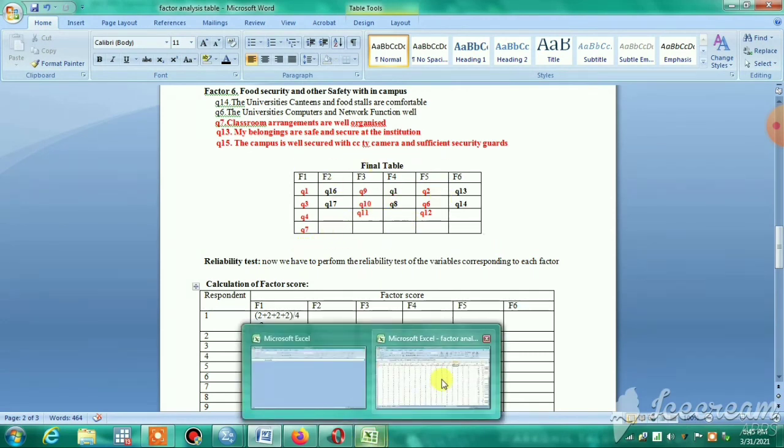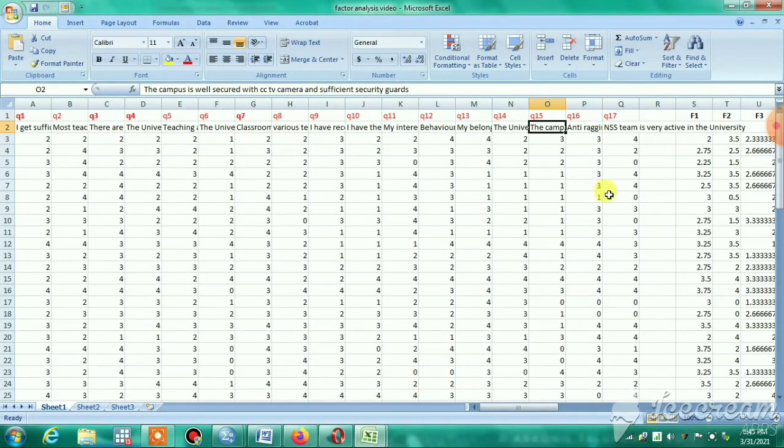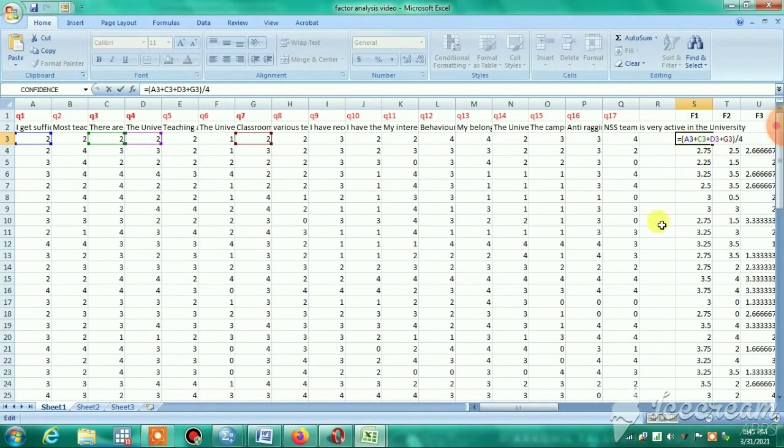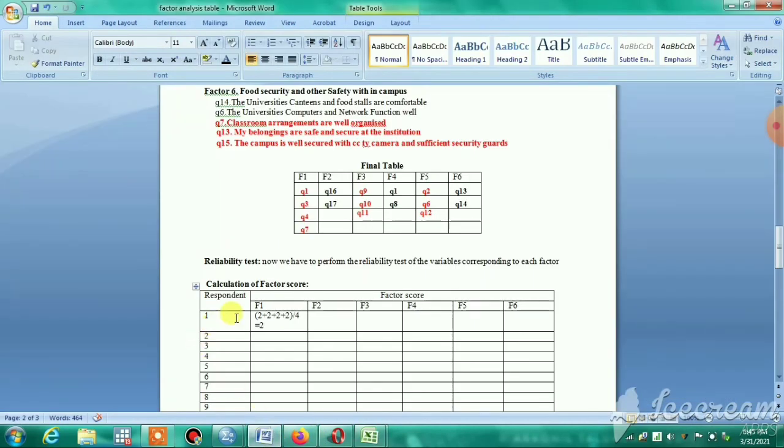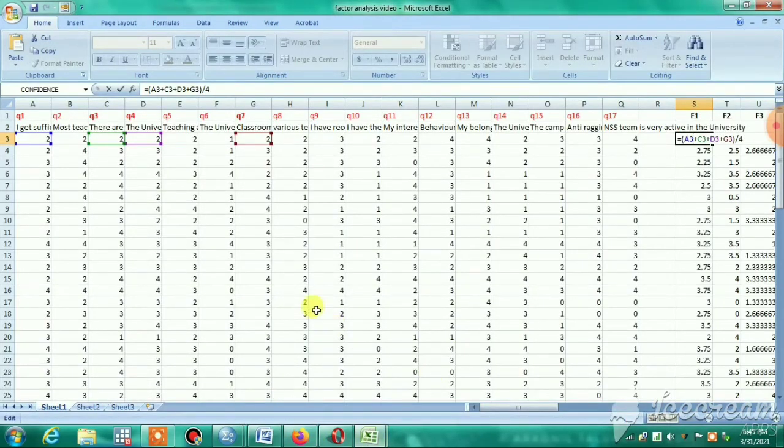Go to our Excel file. Suppose these are the values for Q1, Q3, Q4, Q7. What we have to do is take the average value.